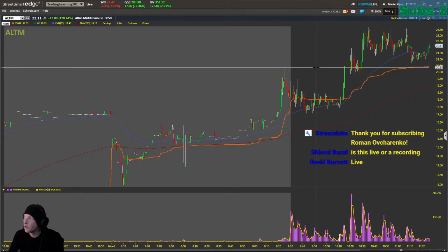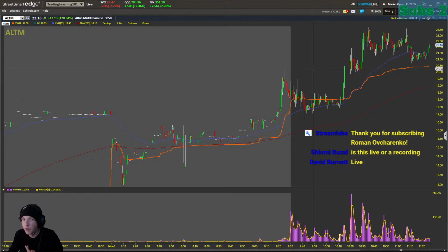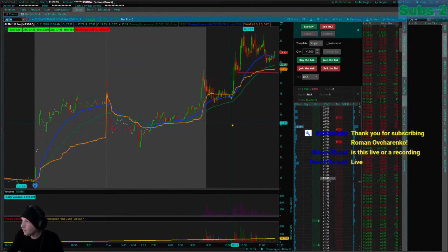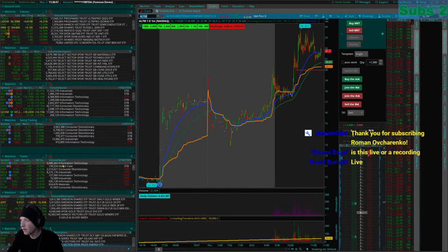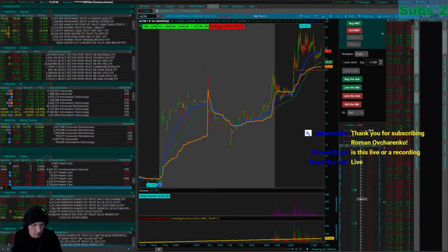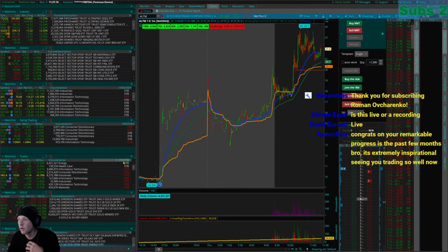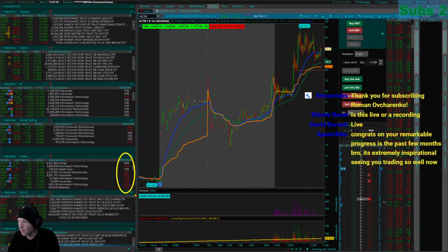And then a good thing to do is to have multiple brokers like I do. Charles Schwab, right at the top, right here. What does that say? Hard to borrow. So there's no shares available to short. Pull over Think or Swim. Thing you could do on your watch list over here, type in your stock, and then as a column, add the HTB or ETB, hard to borrow or easy to borrow. You see how it says it right there? NTB, none to borrow on ALTM. So if you see a stock, a low float, it's up on the day, and it's easy to borrow on Think or Swim,